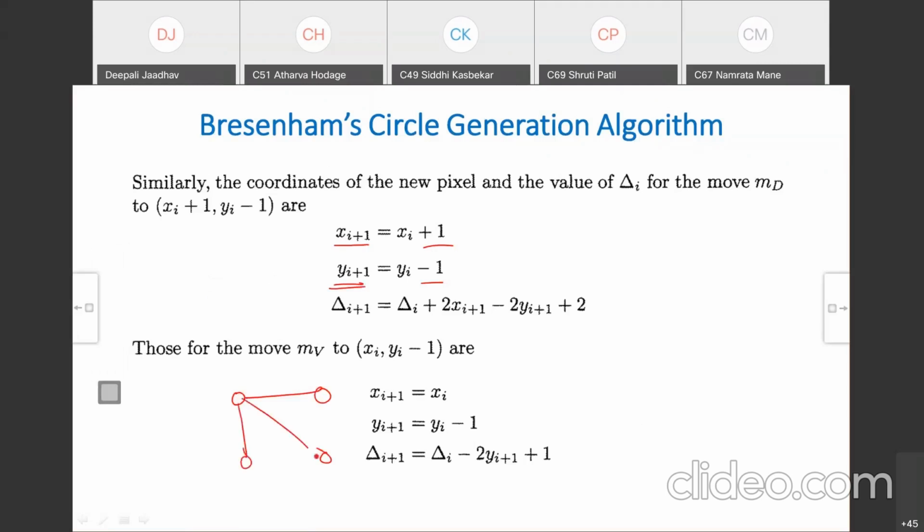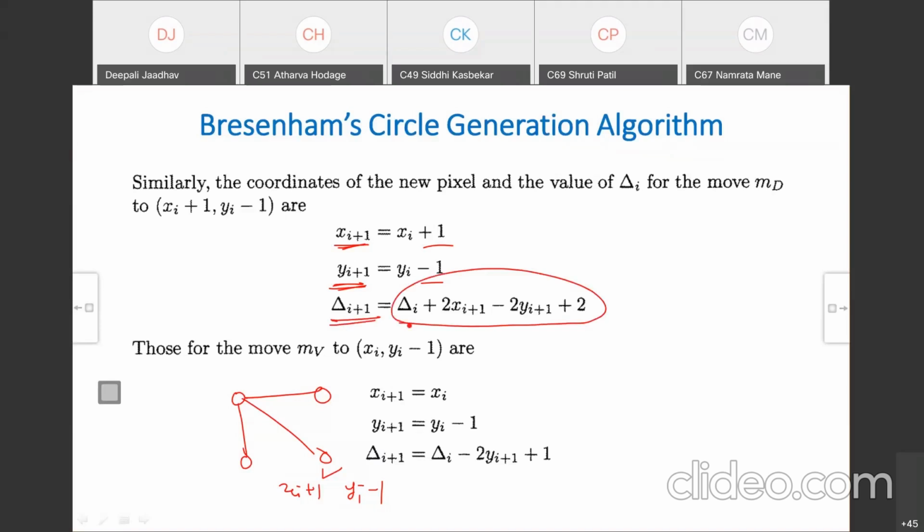If this one is selected, x is increased by 1 and y is decreased by 1. So here plus 1 in xi and minus 1 in yi. So the next x point is xi plus 1, and the next y point is yi minus 1. Again putting in the previous equation as we have seen, we will get this delta i plus 1 with this